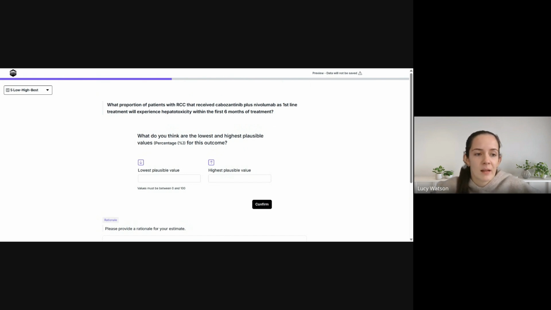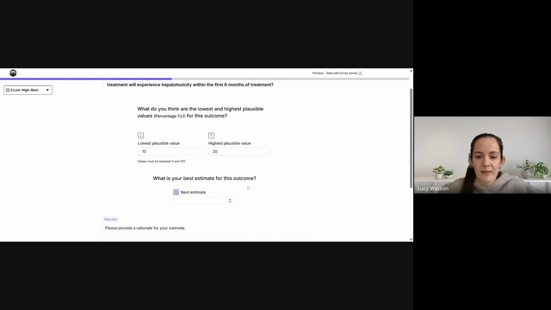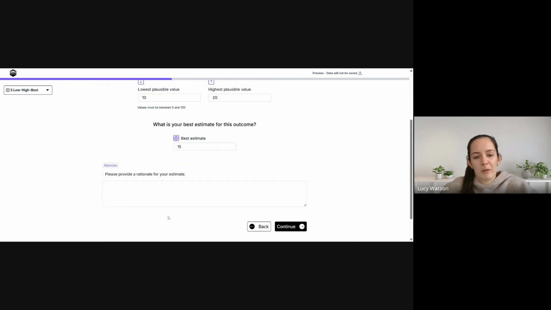The next question is an example of a low, high, and best estimate question. So this is asking for the proportion of patients that will experience an adverse event having received the intervention within the first 6 months of treatment. So the expert is asked to enter the lowest plausible value and highest plausible value. So we'll put between 10 and 20 here and then confirm these answers. So it then asks for the best estimate between 10 and 20. So you can't put 30 because you've already said it will be between 10 and 20. So I can go back and put 15 and then provide my rationale for why I've added these estimates